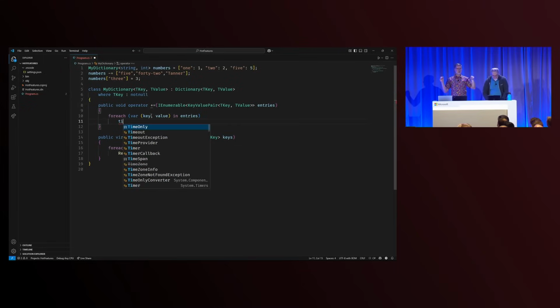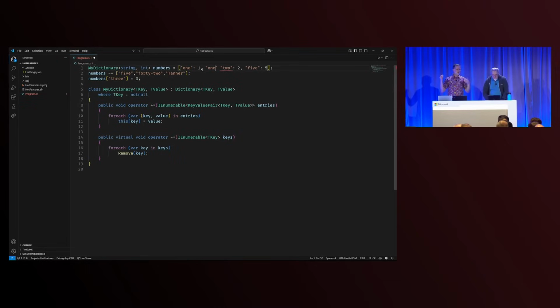We try to make that consistent across all the different dictionary types you might use this on, and luckily the ones that go through the indexer already tend to be consistent around that behavior. So adding this one in with the same key right here is fine, because it's just going to set the previous one. It's not going to complain that this key already exists. It's not fine, because one will have the value 42. But other than that, it's fine.